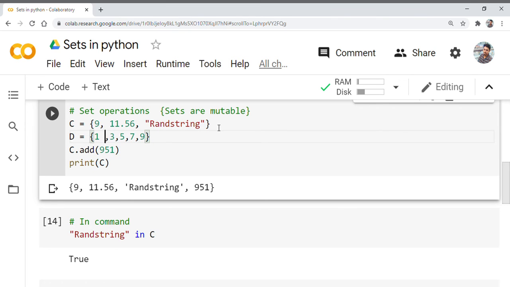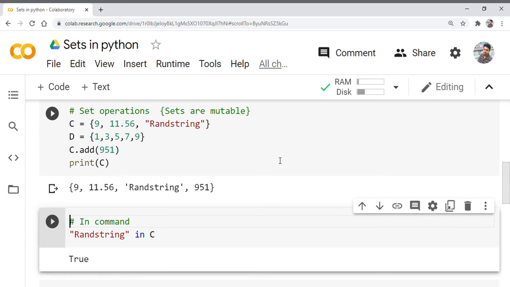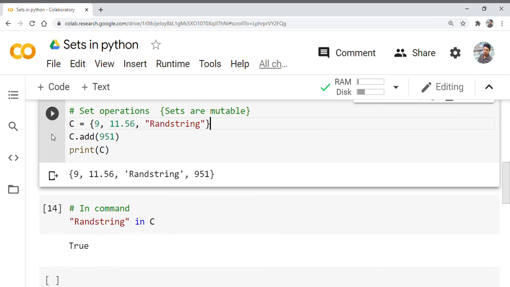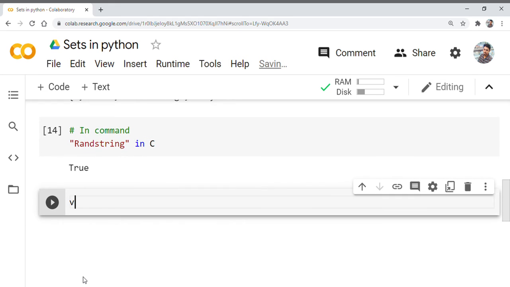So this just contains these odd numbers, right? So everything is fine till here. Let's write it in a separate cell. Okay, so now I am creating a different set named D.